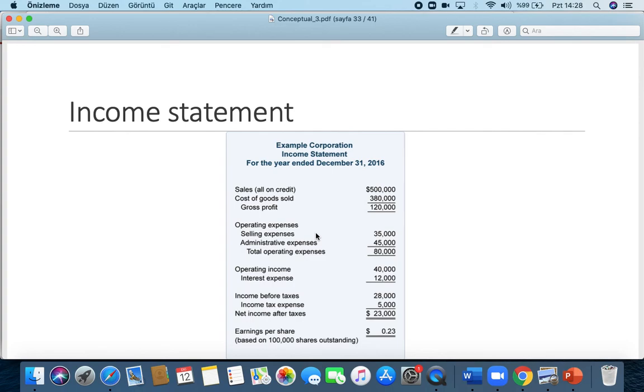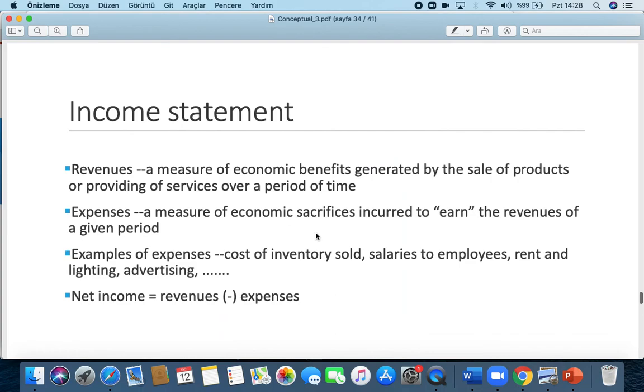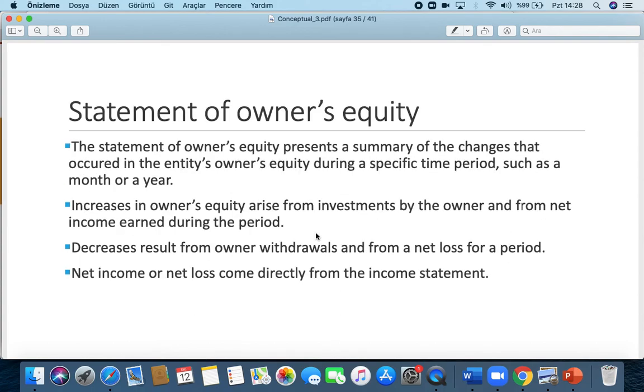Okay. So the terminology is a little bit different in your textbooks and in the International Financial Reporting Standards. I'm going to show you a little bit later. So the income statement is composed of revenues and expenses, as you see, and at the end of the day, you're going to subtract expenses from revenues, and you're going to reach the net profit or loss at the bottom line. Then you have the statement of owner's equity,